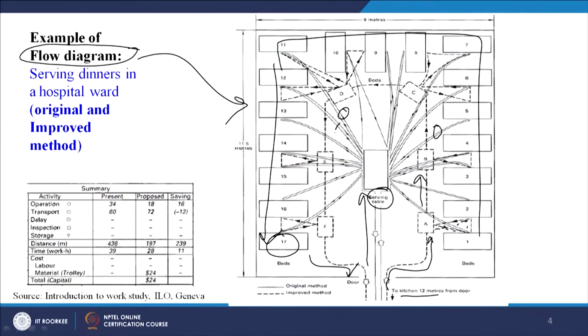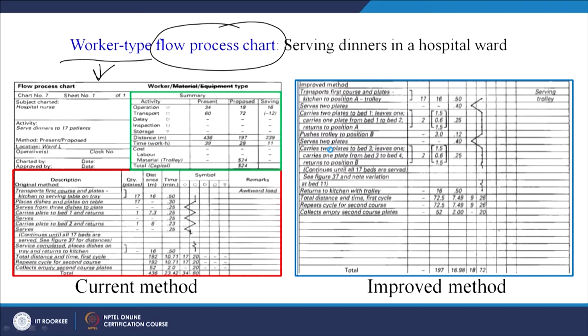This shows the exact movement of the worker or the material, which is called the flow diagram. It will even show the frequency. If you remember, frequency is shown here, you see two lines here, and here. So, movement going forward and coming back is also depicted in a flow diagram, but it is not depicted in the flow process chart.